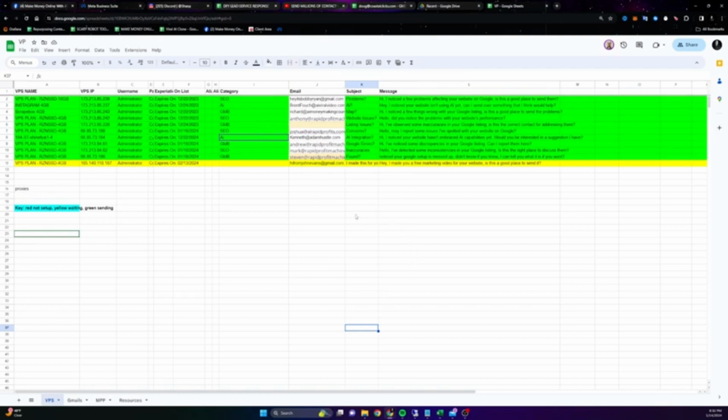So when these are switched to green, you can see here it says red's not set up, it's not licensed or anything. Yellow's waiting, meaning it's waiting to send, and green means it's sending, which we are sending right now with this one, so I can switch this to green. But basically this allows me to manage multiple servers at a time, right? Where I know, okay, each one of these is sending 14 million each. And whenever these are done, right, I can switch them back to yellow,